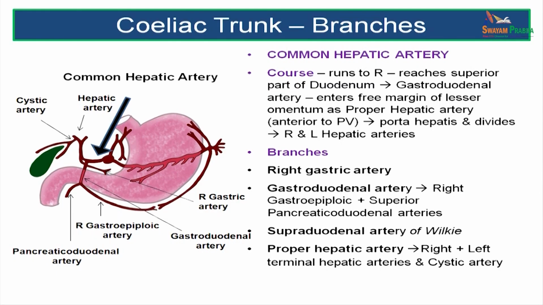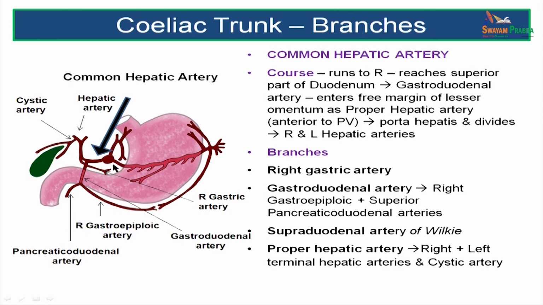The common hepatic artery, this is the next branch of the celiac trunk. It runs to the right and gives off the gastroduodenal artery, the right gastric artery and the proper hepatic arteries. The right gastric artery runs along the lesser curvature of stomach and anastomoses with a branch of the left gastric